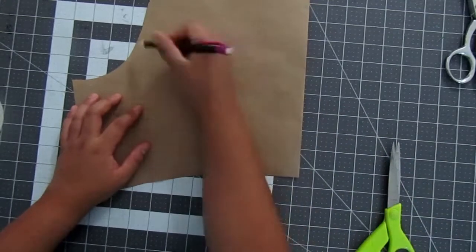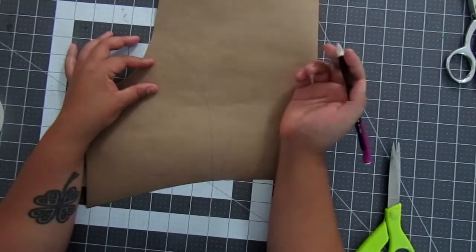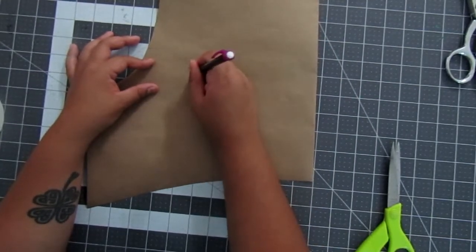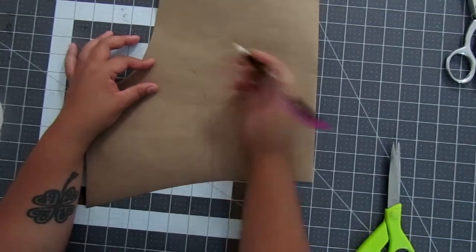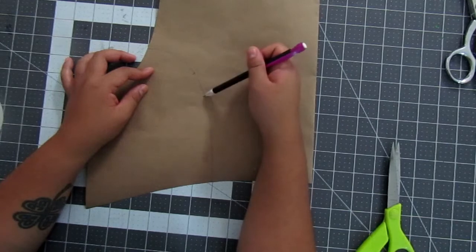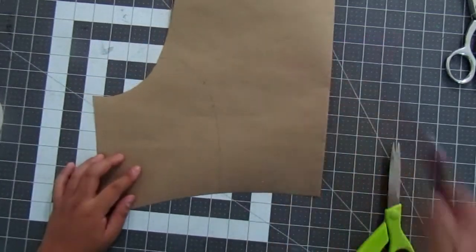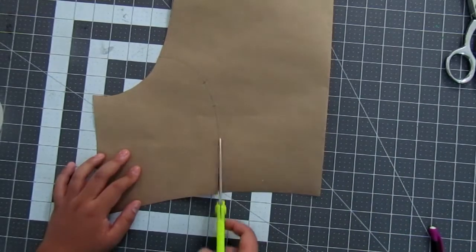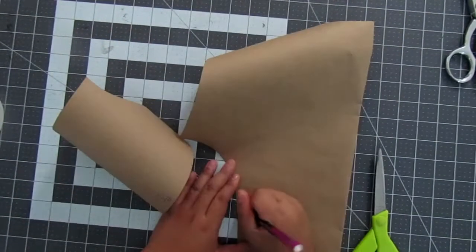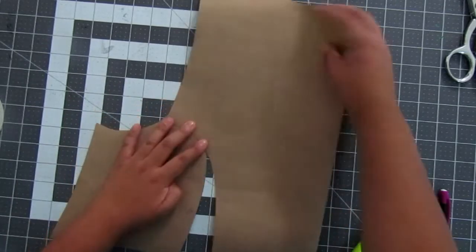And then before I cut this faux princess seam, and I call it a faux princess seam because there's no shaping. Before I cut this out, I'm just gonna mark right here again, just so I know that these 2 notches are where it's gonna line up when I put them together and sew them. This is just my notes. So